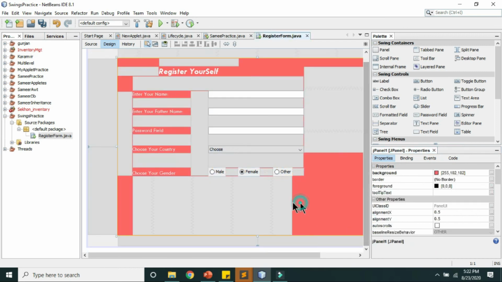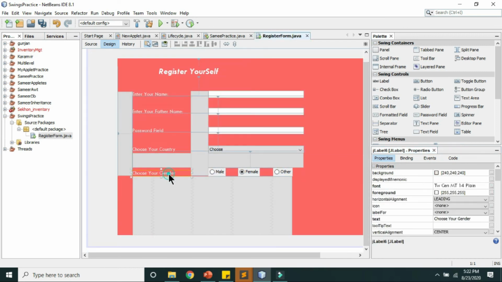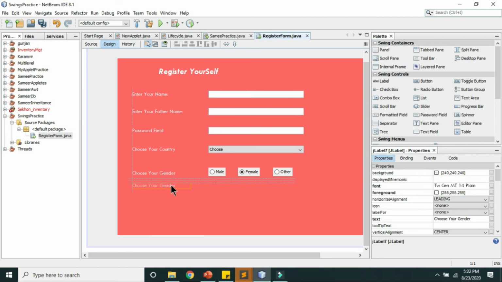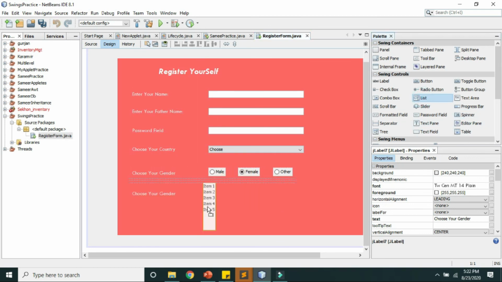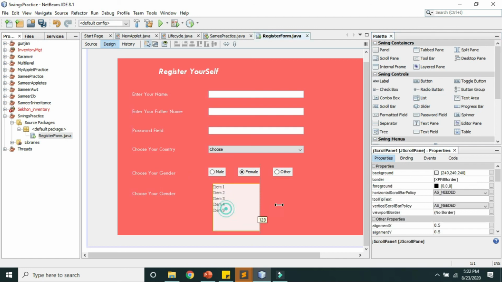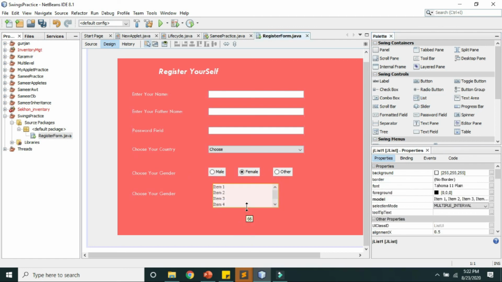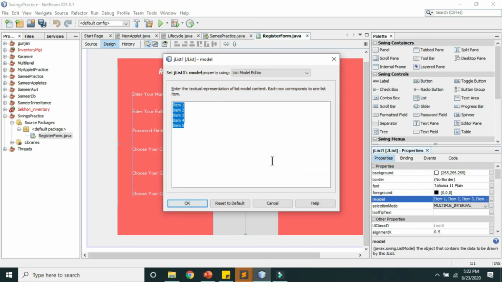Okay, then you can have multiple options selected using the list option, so you will use this list option. Okay, so just click on it, set according to your need, model, set what are the values, like your grades. I can give anything.